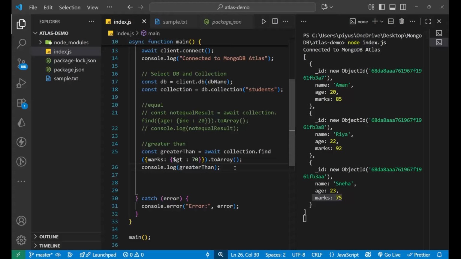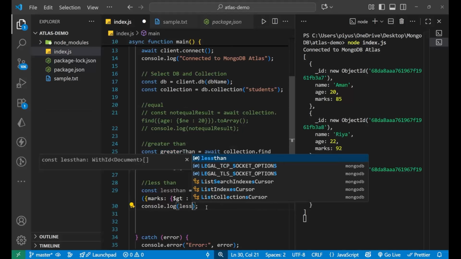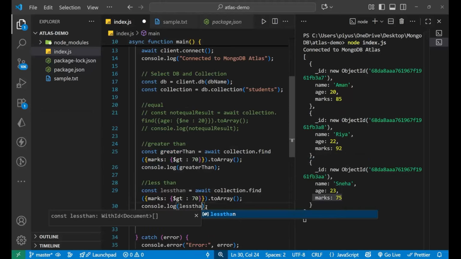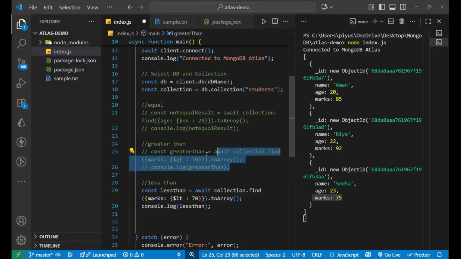Now let's move forward toward lesser than operator. So let's just copy it and less than, right? So here I'll want less than, right? Less than, like this. And for less than, what we use, since for the greater than it was GT, so for the lesser than it will be LT, right? So since we are having 5 datas here, now I should get two different data set. So let's just save it and